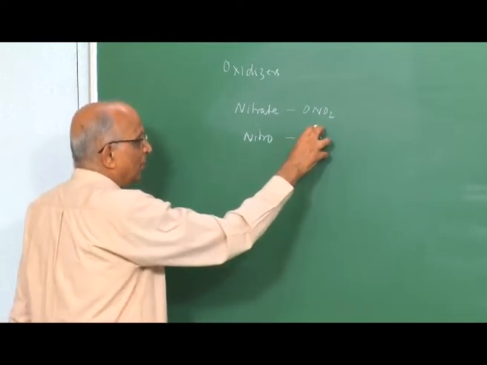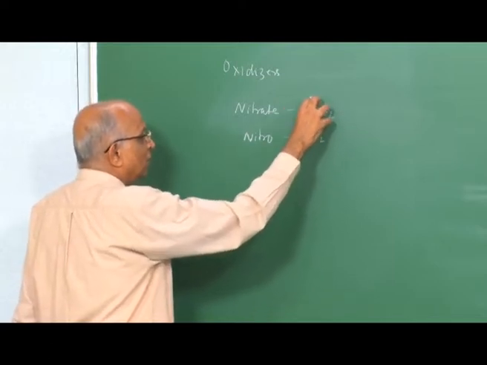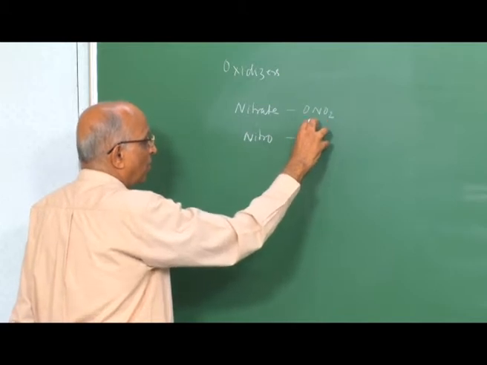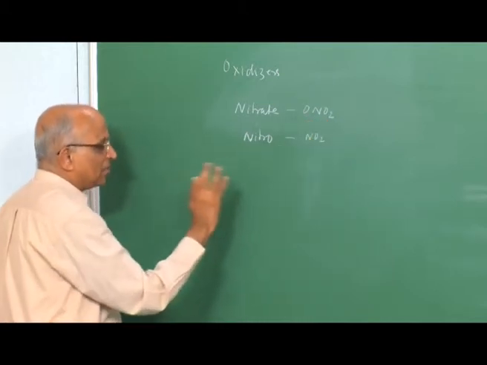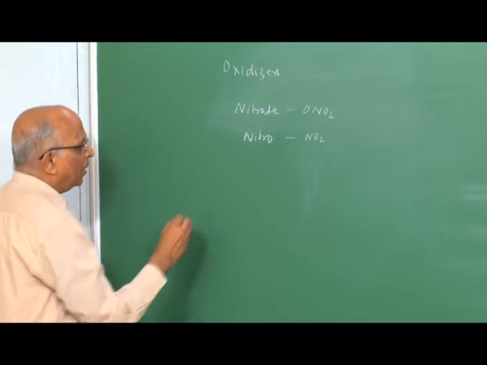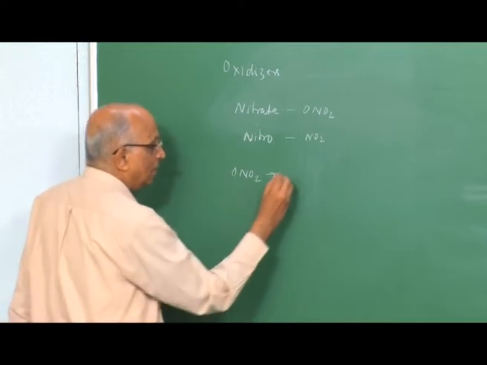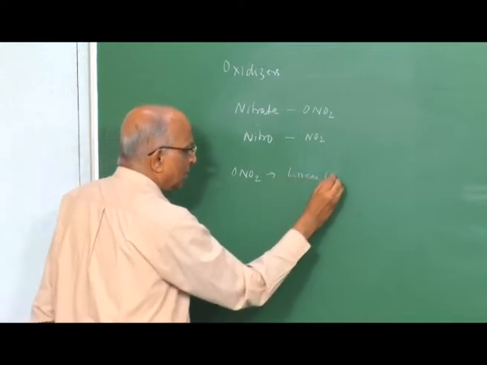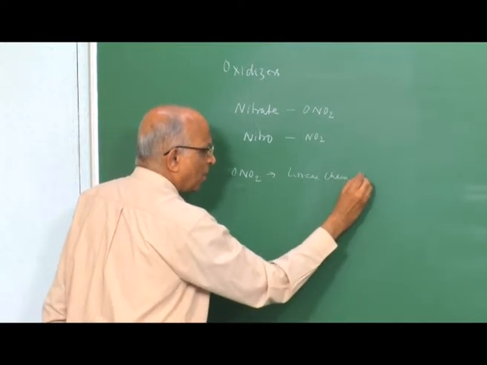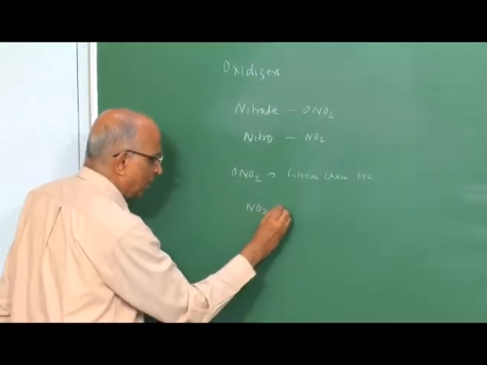involving hydrocarbon fuels, namely the explosives derived from hydrocarbon fuels, we are talking in terms of either a nitrate or a nitro compound combining with any of the substances which we just talked about, maybe alkenes, alkynes, alkadienes and so on. Normally what happens is ONO2 combines with linear chain hydrocarbons. That means we are talking maybe of alkanes, alkynes and alkadienes in the straight chain, whereas the NO2 oxidizer combines